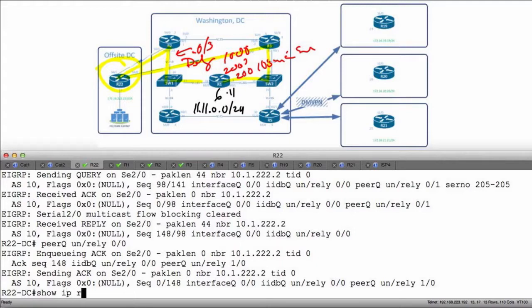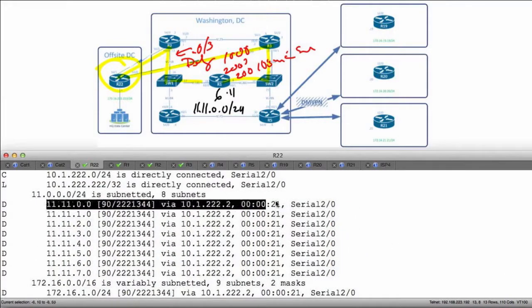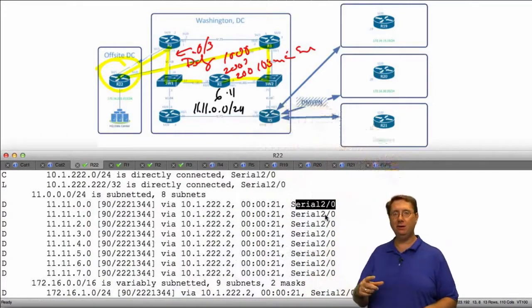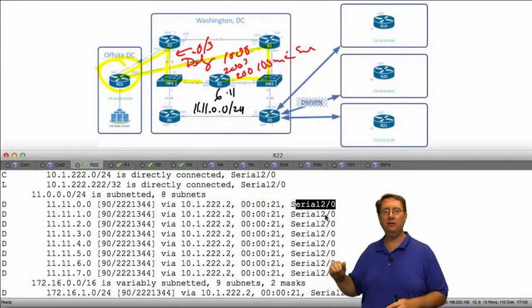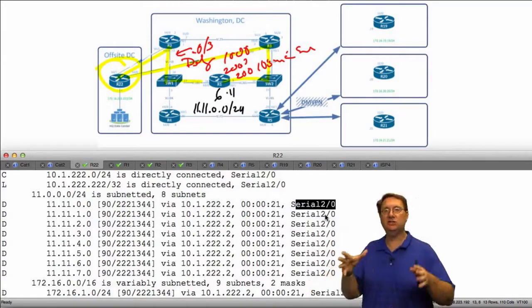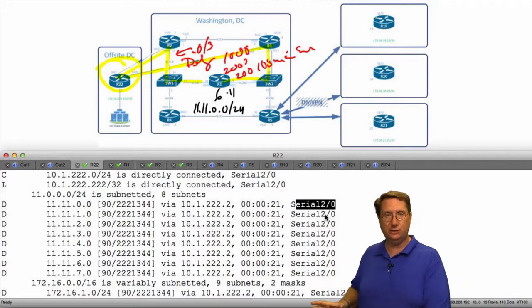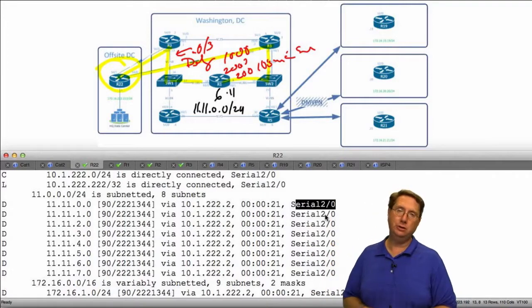The reason being, show IP route, is the fact that what we have in the routing table for 11.11.0.0 is we already have another interface that we're going to be able to send our update out, and we do not need to send a query because we have that other entry that was floating inside of our topology table. So what that means is just illustrating the point that I tried to drive home earlier, and that is the moment that we lose a route from the routing table, if we have a feasible successor to replace the successor, then